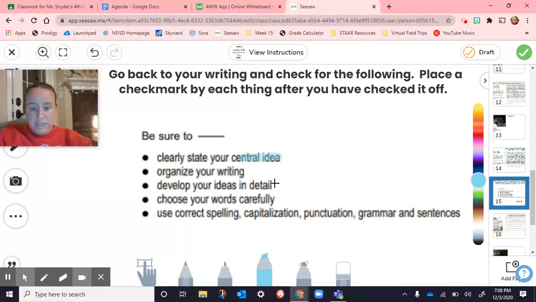So I gave the analogy of, when you say something, pretend like you're digging a hole. When you say something, it's like you dug the hole. You don't want to start digging a whole other hole. You want to make that hole deeper. So you want to say something and then expand on it, and you really want your reader